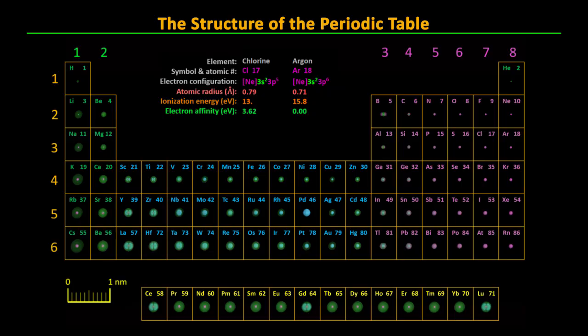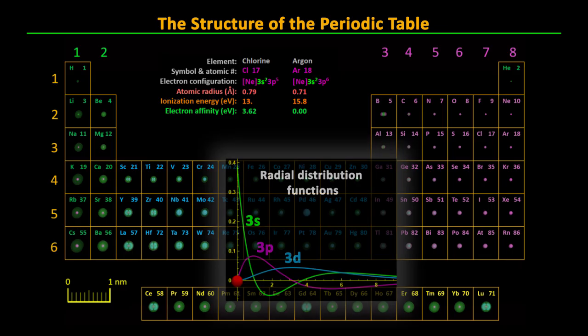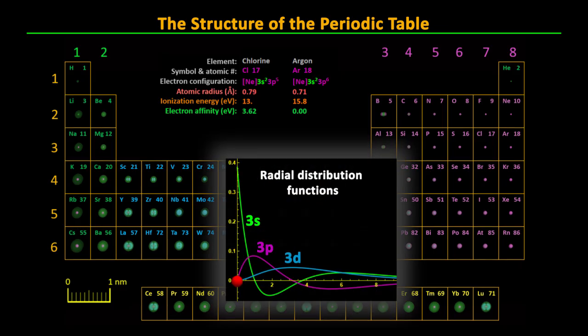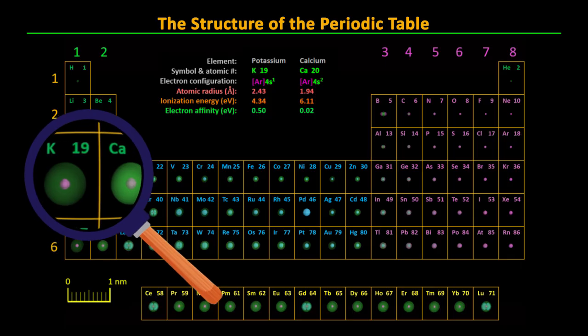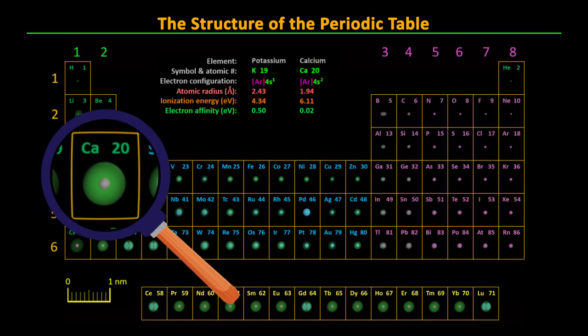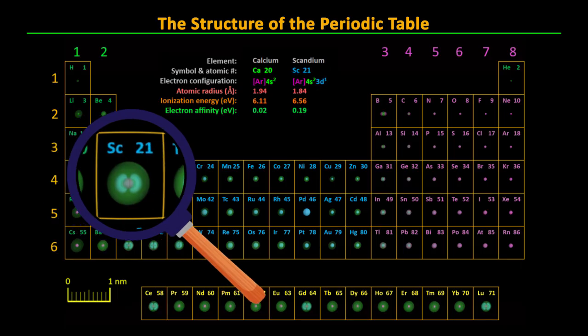You will notice that the n equals 3 row does not include any elements with 3d electrons. With each increase in quantum number L, less of the electron's radial distribution function is near the nucleus. So electrons with larger L will be less attracted to the nucleus and have lower binding energy. In fact, the energy of the 3d orbital is so high, electrons will mostly prefer to populate the 4s orbitals first. So potassium and calcium at atomic numbers 19 and 20 do that, and we put them in columns 1 and 2 with other atoms that have 1 and 2 valence electrons. We don't see the 3d electrons start to populate until scandium at number 21. So we now start filling in the middle columns that we skipped over earlier with what are called the transition metals.